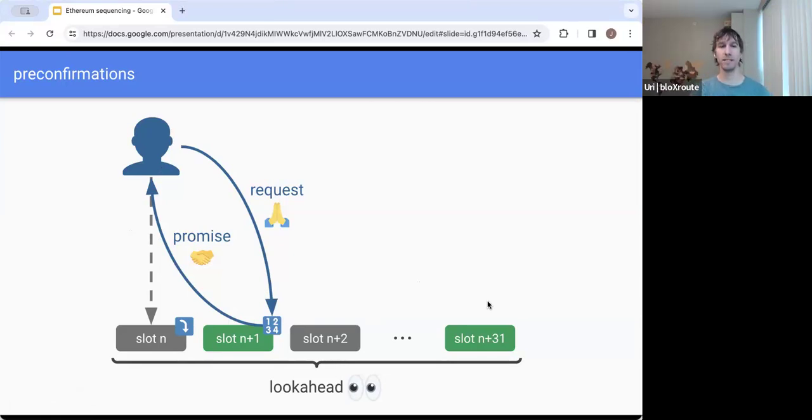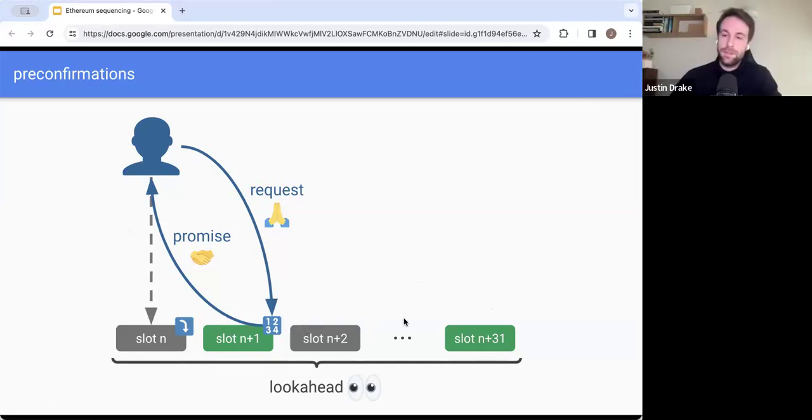If we have these 2 sequencers, can slot n plus 1 promise I will sequence everything that slot n promised? So basically a collaboration of the sequencers to create a continuous preconfirmation. Yes, you can do that.